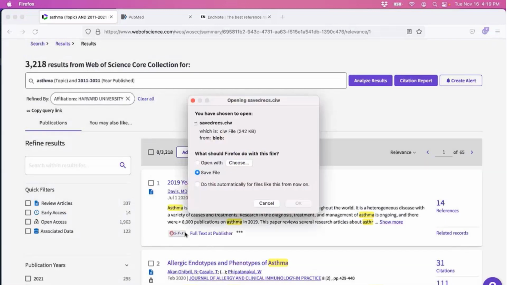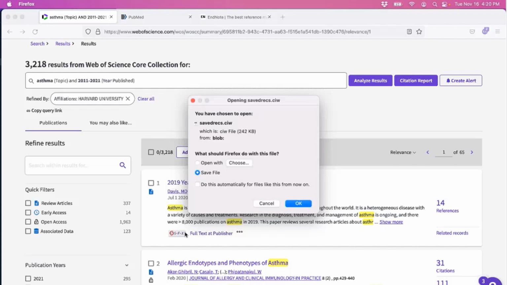And I hadn't mentioned this yet, but we're in Mozilla Firefox. And I would really recommend using this browser for direct exports on Mac OS, even if you prefer, and again, this is your personal preference, but even if you prefer Apple Safari or Google Chrome, because Mozilla Firefox has built-in file type associations, you don't have to rely on the operating system to know how to handle temporary internet files as you're performing direct exports. Right in Mozilla Firefox, you can tell the browser how to handle a temporary internet file that needs to be opened by EndNote to complete the export.